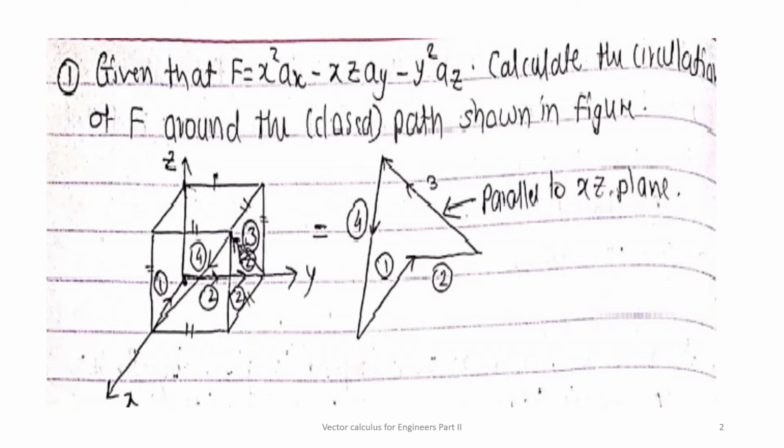Line integral is through the path, or if it is a closed path, then line integral is a contour integral over the closed path. So here I want to explain using a cube. Now here a cube is given, so one segment is along the x-axis, second along the y-axis, third along the z-axis, and we are going to find the line integral considering the path 1, 2, 3, 4, and since it is a closed path, again it is coming to the initial point, so it becomes a closed path.